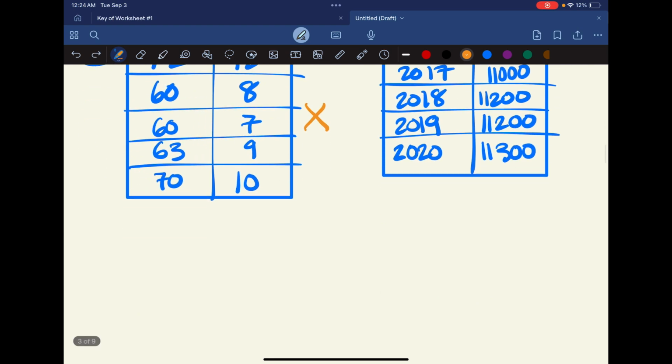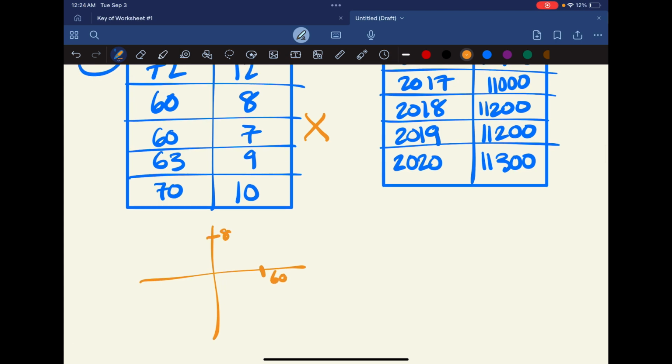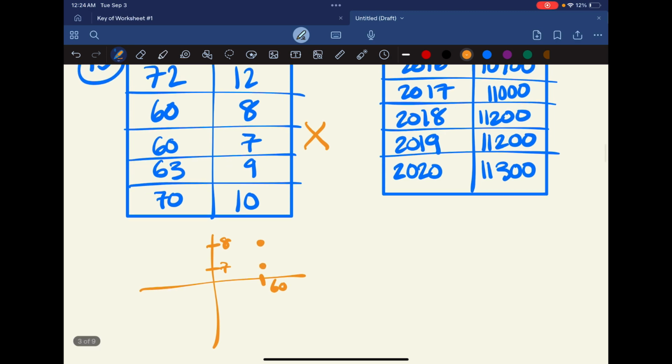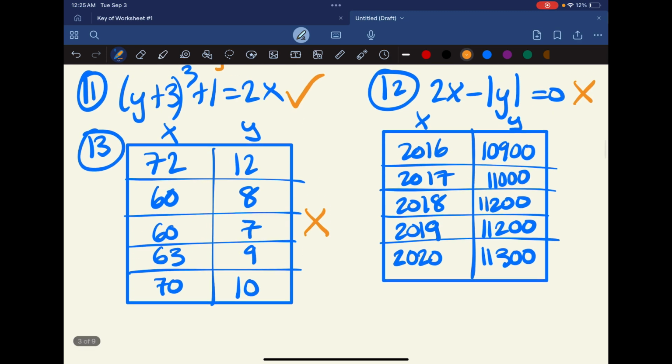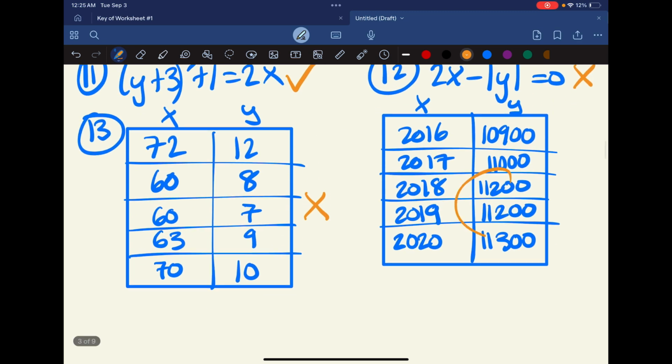So if you wanted to picture that, right, so we got 60 over here, we've got 8 here, and we've got 7 here. We've got a point up here, and we've got a point down here. There is no way this can be like a normal line, you know what I mean? Like there's no way without going straight up and down, which is a vertical line, so duh, we fail the vertical line test. There's no way we're a continuous function on there. So if you have repeat x values with different y values, you fail the vertical line test, and that's what happens there. If, however, you have repeat y values,